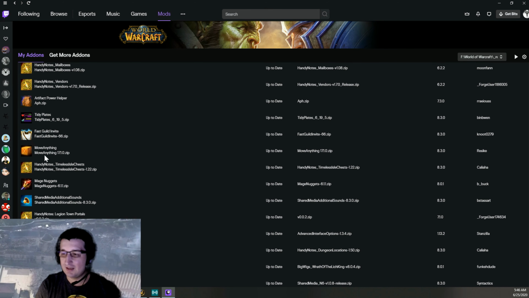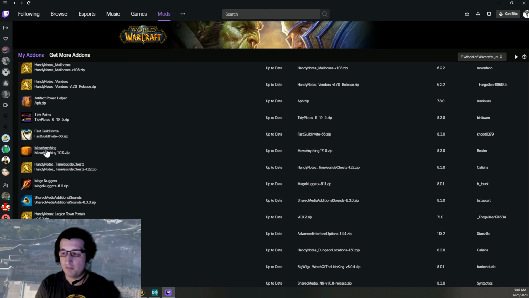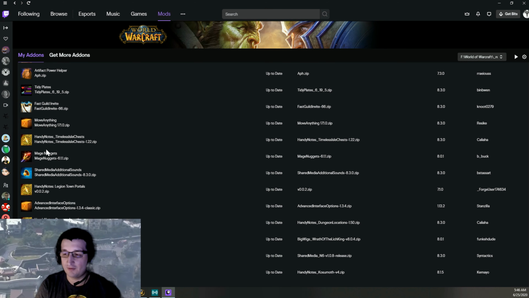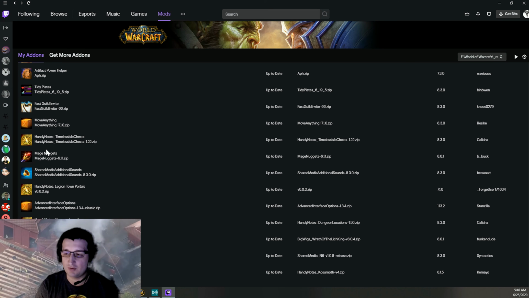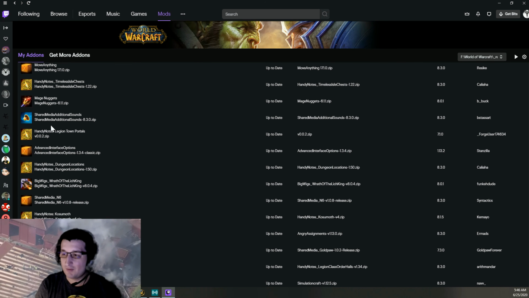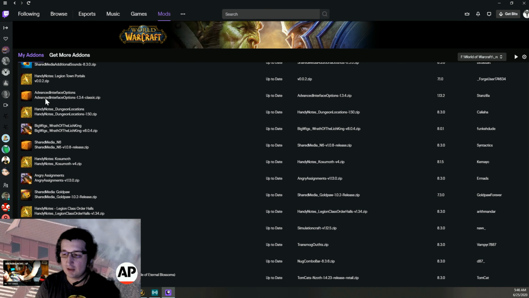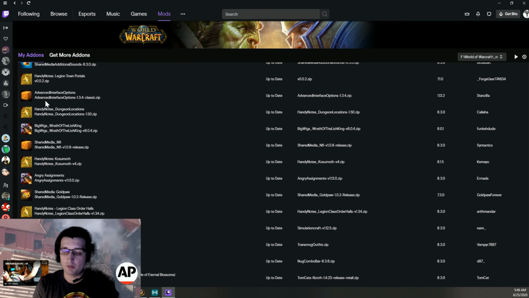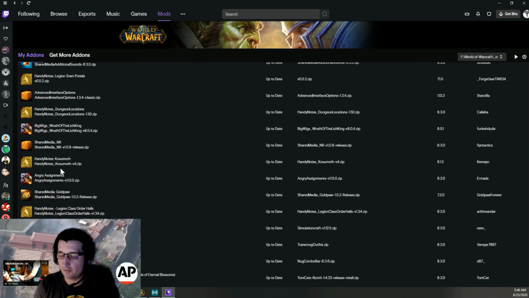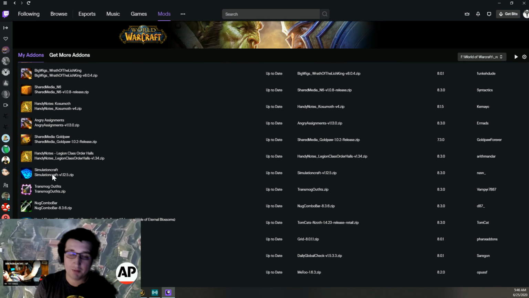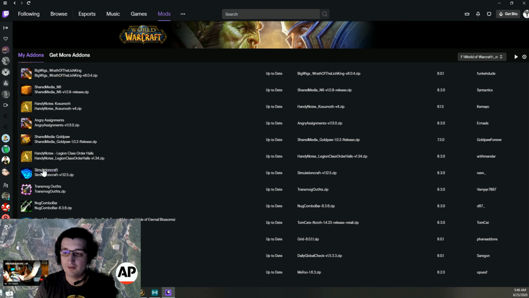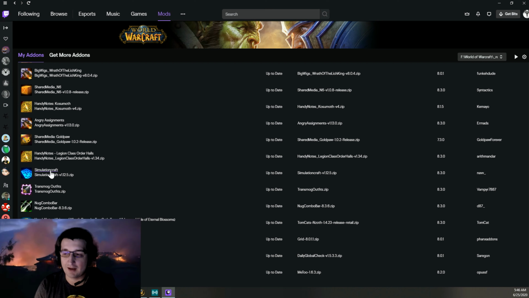Move Anything used to be really good. I think it still does the same thing. You can use it if you want to. If you're a mage, I would highly suggest Mage Nuggets. Really good add-on. It helps you know when your procs come up if you're having trouble with the default UI. If you're into raid bots and simming,